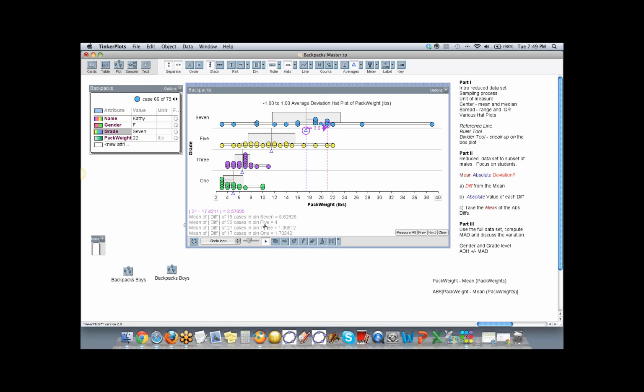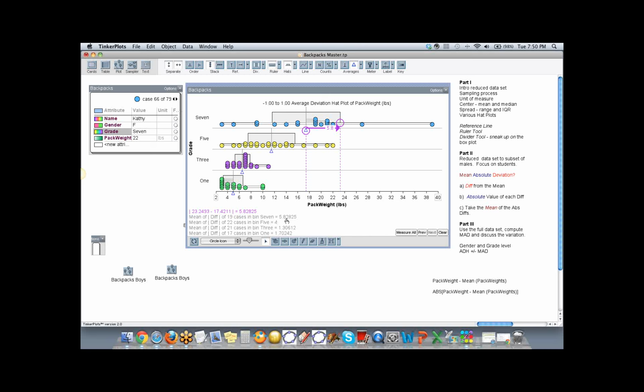Let's focus on the 5th grade, which is the deviation of 4. It's a nice integer value. And I might not be able to do that. Nope. Because this is attached to the 7th grade mean, I don't think I can move the ruler down. I think I'm stuck with it being up here. I can move the ruler up here, and we can see the 5.8, but if I move it down here, it's going to mess up all the calculations. So I'm going to have to start it over on a 5th grade mean. So sorry about that. I thought I was going to go for the 4, but I'm not.